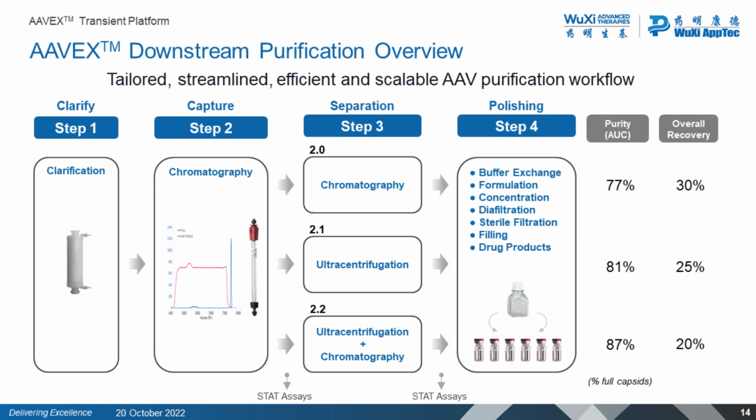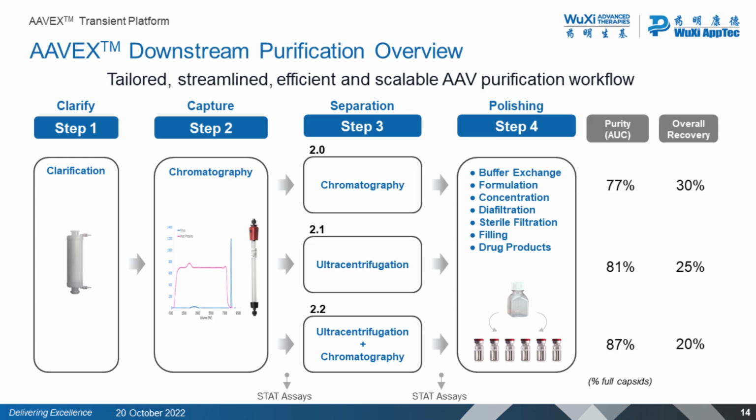In practice, this would need some process development to narrow down the best condition for the gene of interest and the AAV serotype of client's interest. The last polishing step is the final gentle touch to exchange buffer with final formulation, concentrate, sterilization, and to have drug products filled into proper vials and volumes.